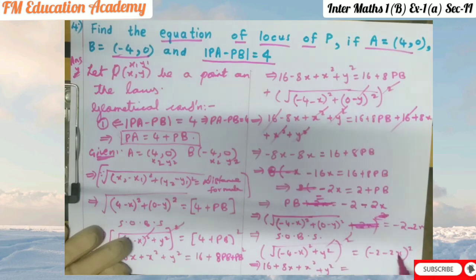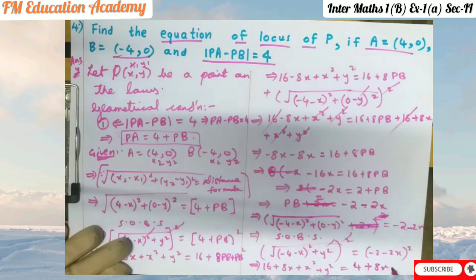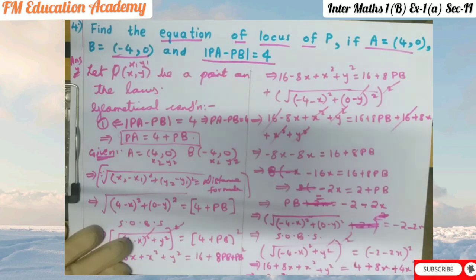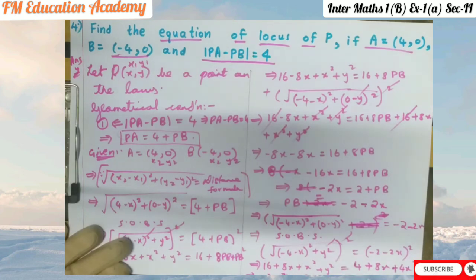a is minus 2, b is minus 2x. So 4, minus into minus is plus, 2 2s are 4, 4 2s are 8, 8x plus 2x whole square means 2 2s are 4, x into x is x square. Okay, now we are having 4x square is as it is. So we'll take this x square that side, becomes 3x square plus y square is only 1. We'll send that side, becomes minus y square.